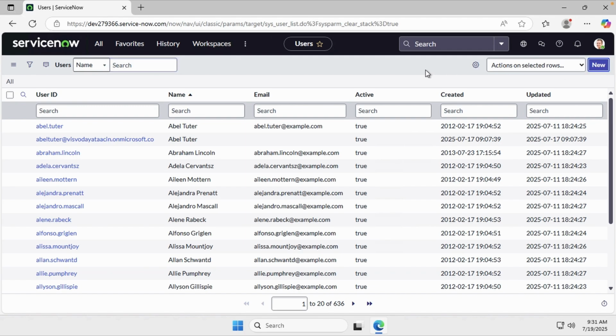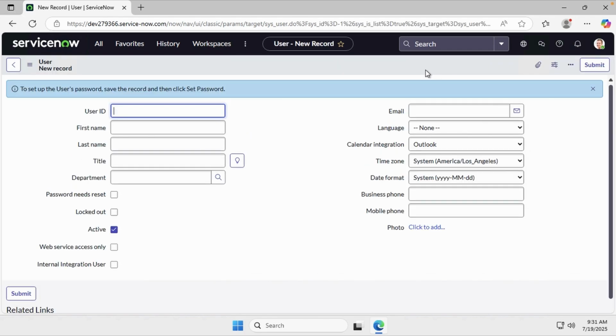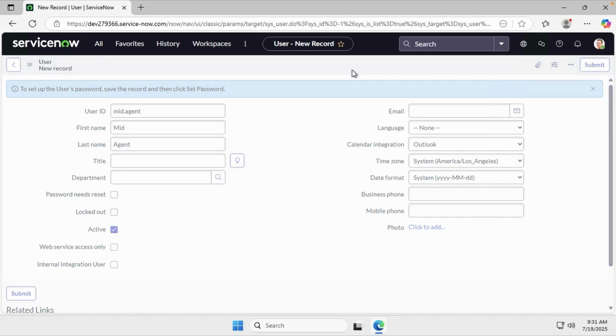Click on the New button. So you can have a username, password, like, let me create something like MID agent. This is optional, you can have anything. Okay. Save this record,